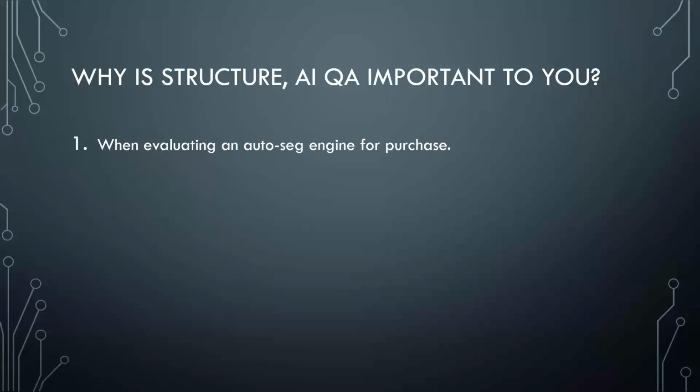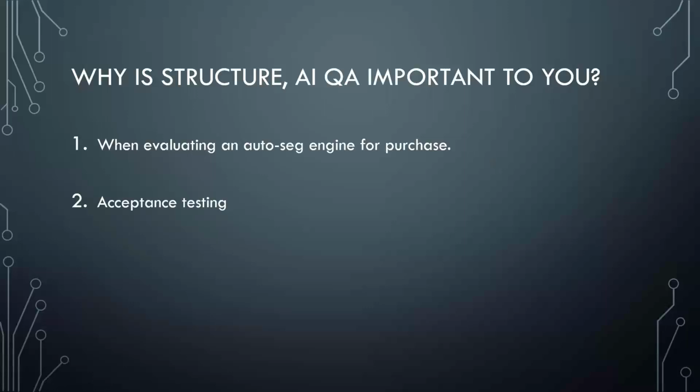What you would do is say, well, let me try the Elekta model against my gold data. Again, I take that same CT set. I've got the segments. I've already contoured this thing. It looks fantastic. This is a really well done set. And now I'm going to have an AI engine try it, and I'm going to compare it against my gold set. Again, it's a great way to evaluate an AutoSeg engine before you purchase it.